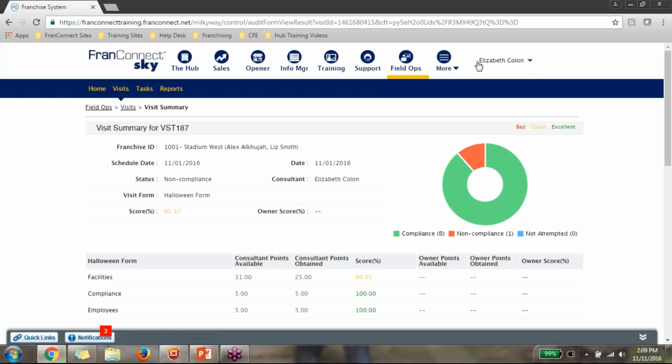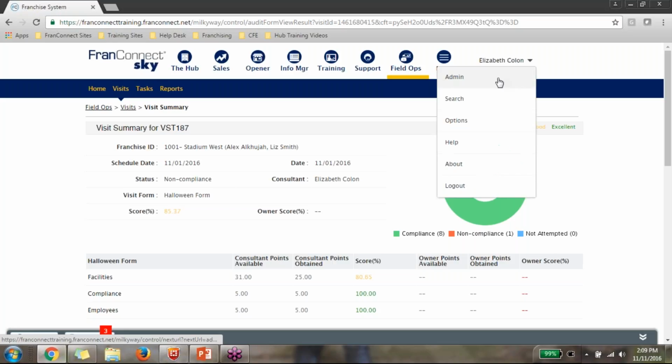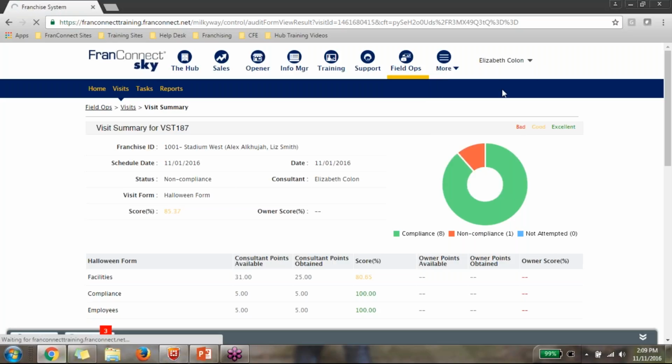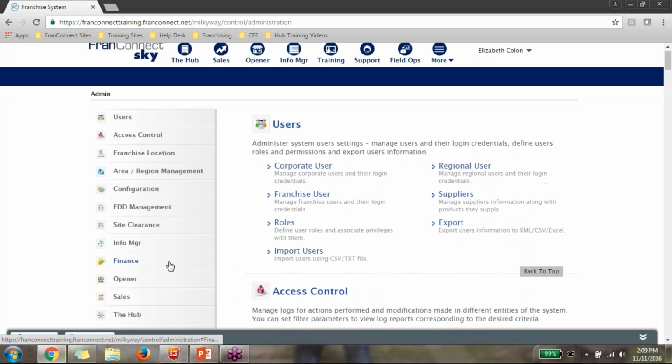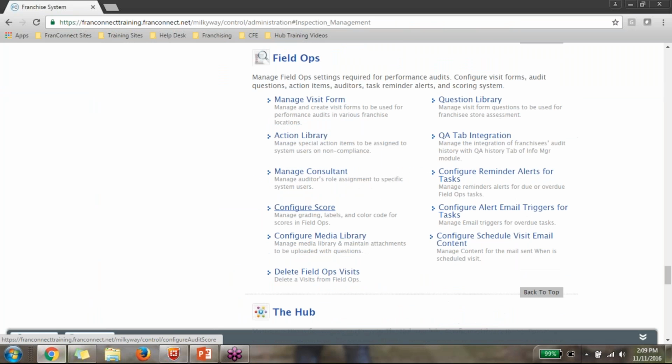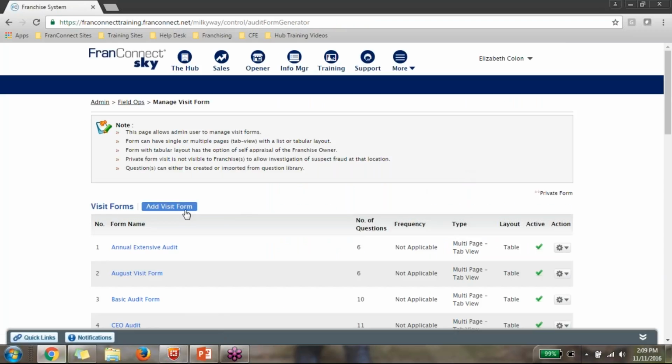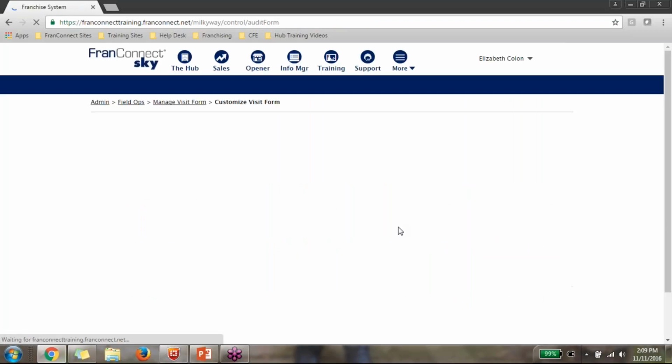So I'm going to move to my admin section. From the top right hand side under admin, I'll choose Field Ops from the left hand column. The top three areas that we're going to look at today really quickly are our action library, our question library, and our visit form. Here's the deal. If I click on my visit form, I have the option to add a new visit form.